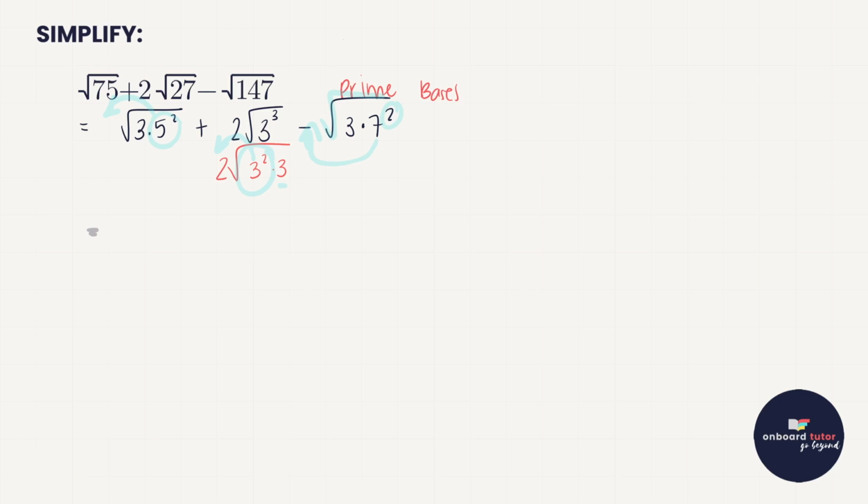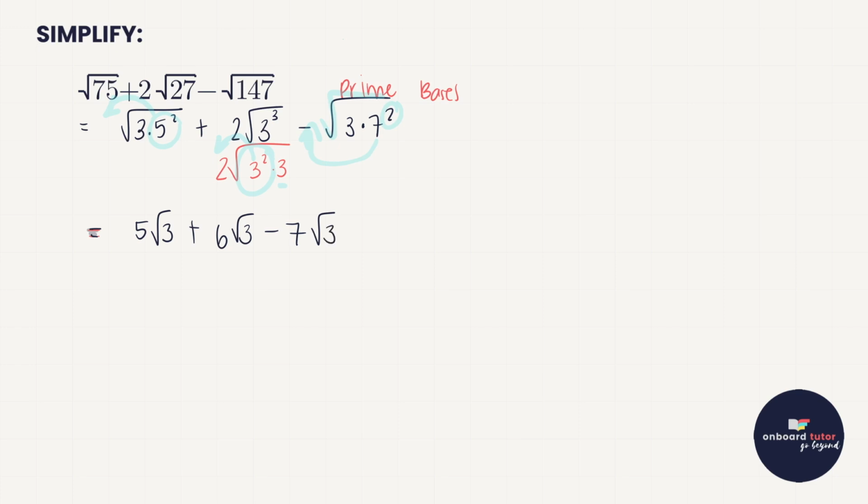So this is going to simplify now, and I'm going to end up with 5 root 3 plus, I already had a 2 outside of this root sign, and now I'm going to take out a 3, so it's going to be 2 times 3, 6, the 1 root 3 stays behind, minus